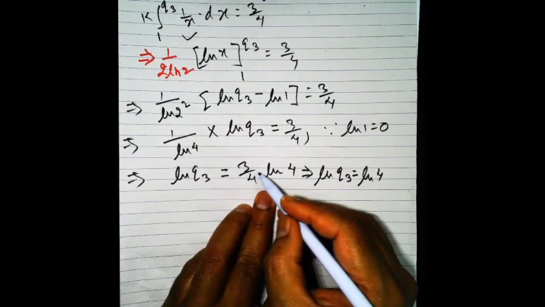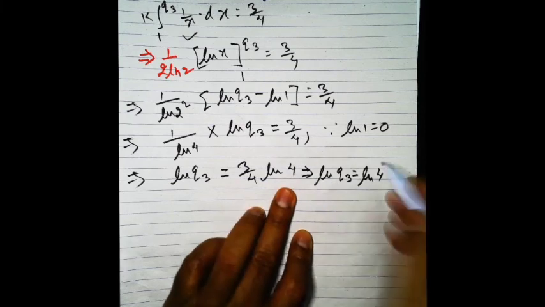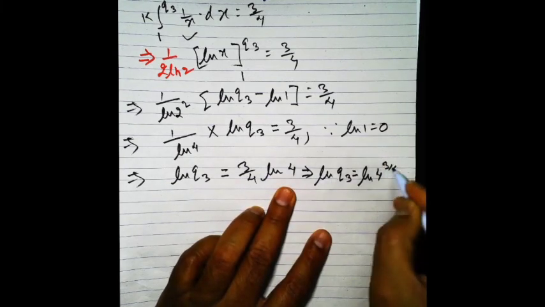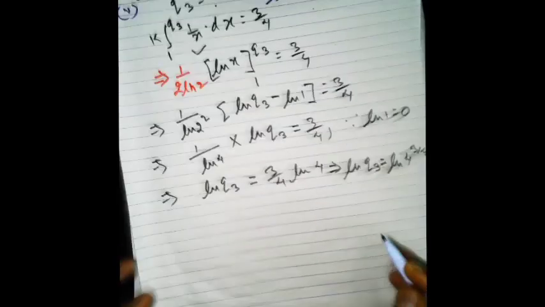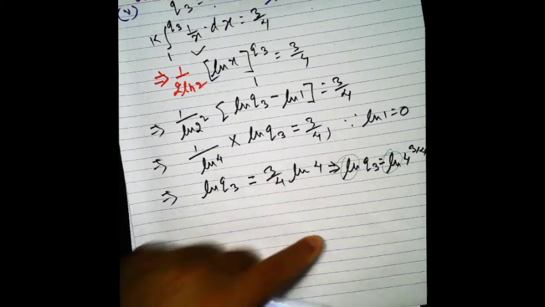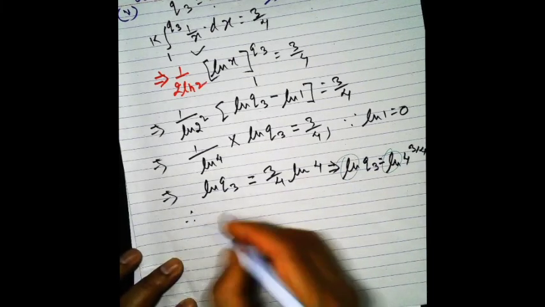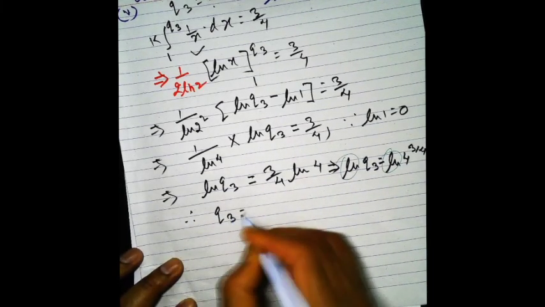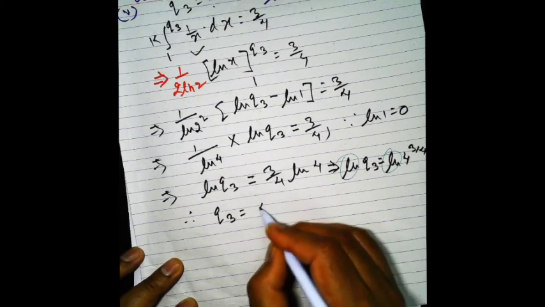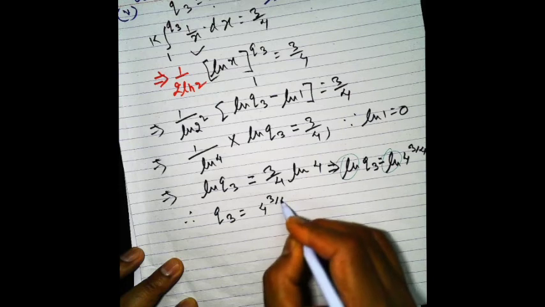So this is the coefficient, and in another step you can put this to the power of 3 by 4 using the law of logarithm, and from both sides you can eliminate ln. So therefore you are left with q3 equals 4 to the power 3 by 4,